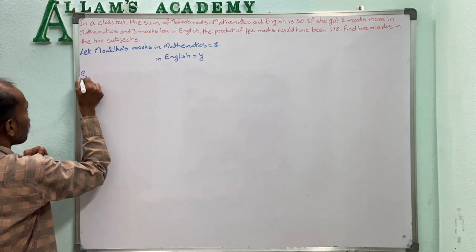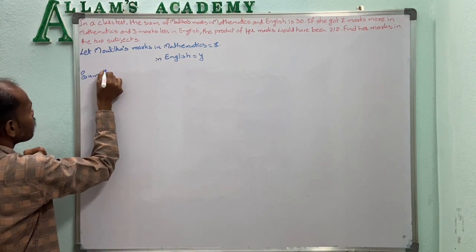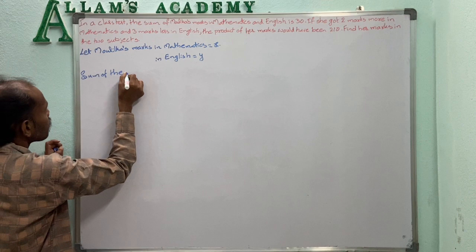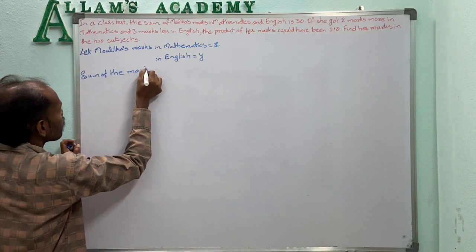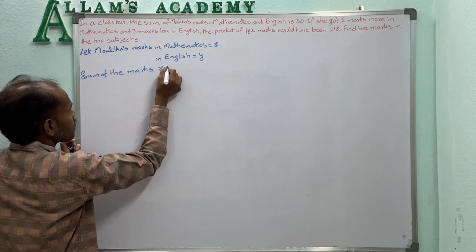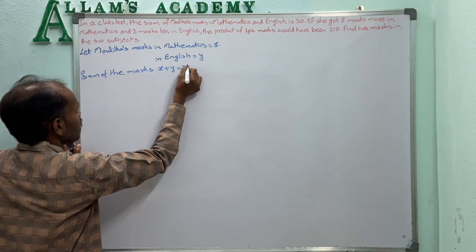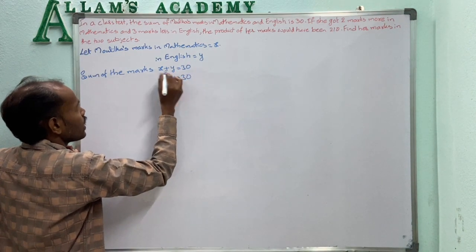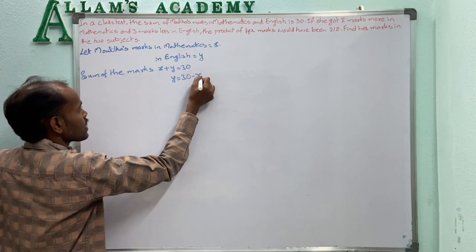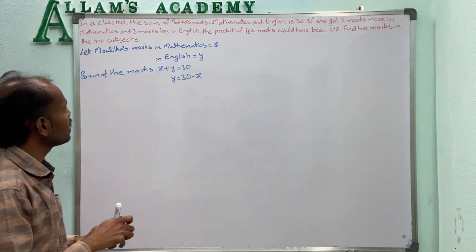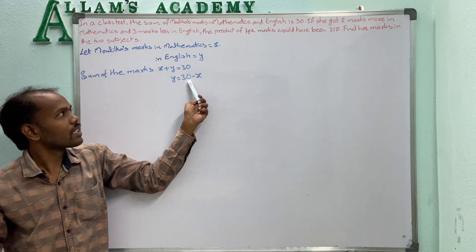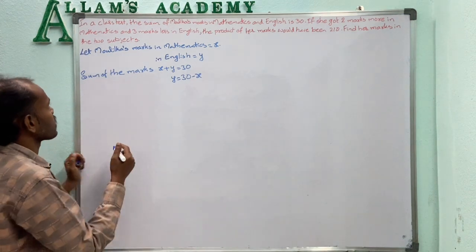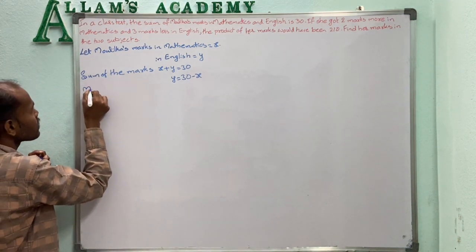So the sum of the marks is x plus y equal to 30. So y equals 30 minus x, transferring x to that side. So she got 30 minus x marks in English. So Maulika's marks in English